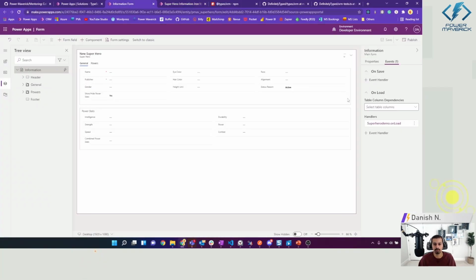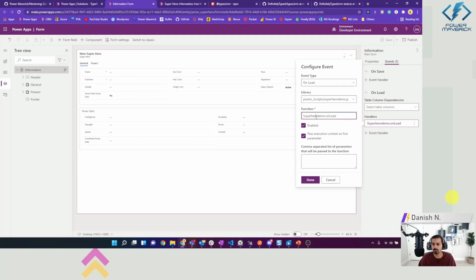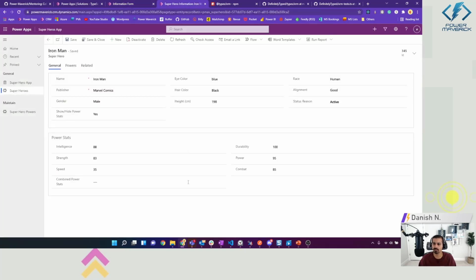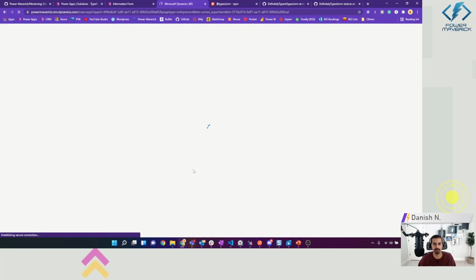So going back on the form, we'll be changing this, and then we'll do pmav dot superhero demo dot onload. Now I'll also get back to the reason why this is good, and some of the use cases that come out of this, once we fix the issue. So now publish. Now if I reload again,